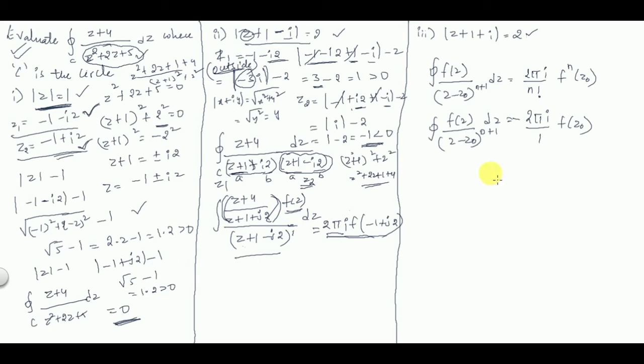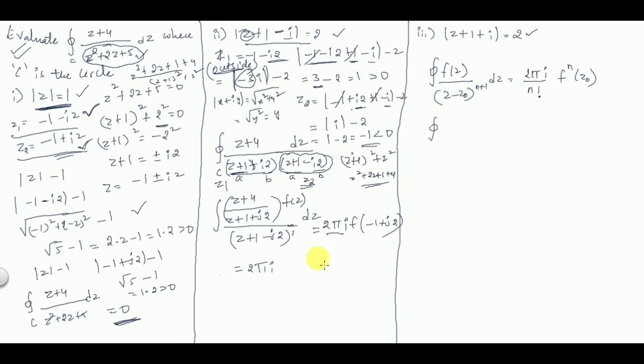Okay, so let me erase this. So 2 pi I into f of minus 1 plus j2,